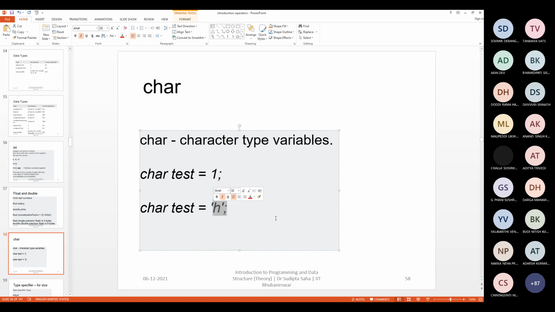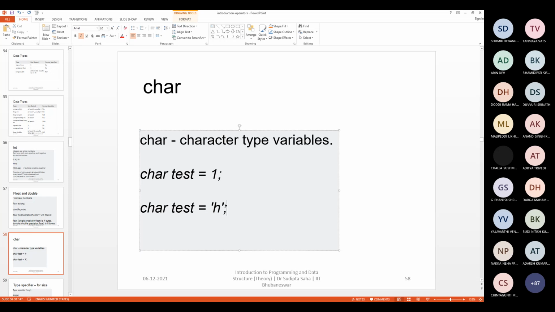By this time you should know already what is a literal, what is a character literal, and what is an integer literal. All these things we have discussed at the end of the last class, you can recall. So single quote H is a character literal, and these character literals are also kind of integers. They have one integer representation inside.